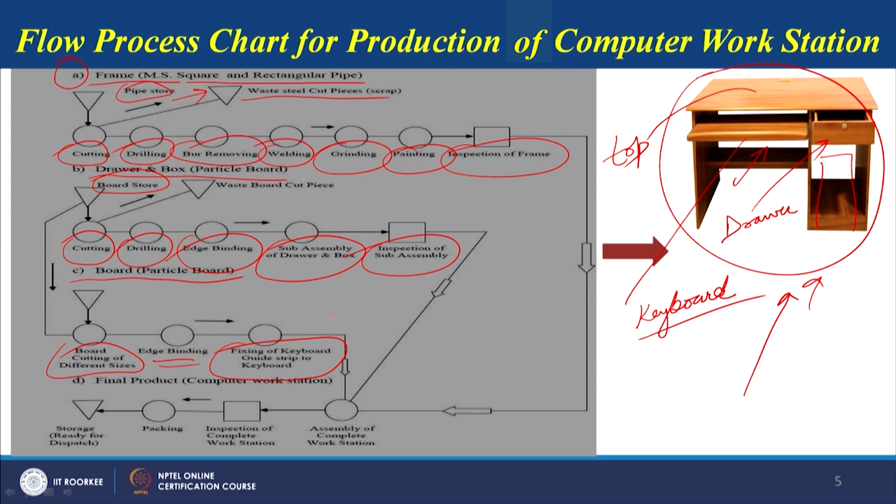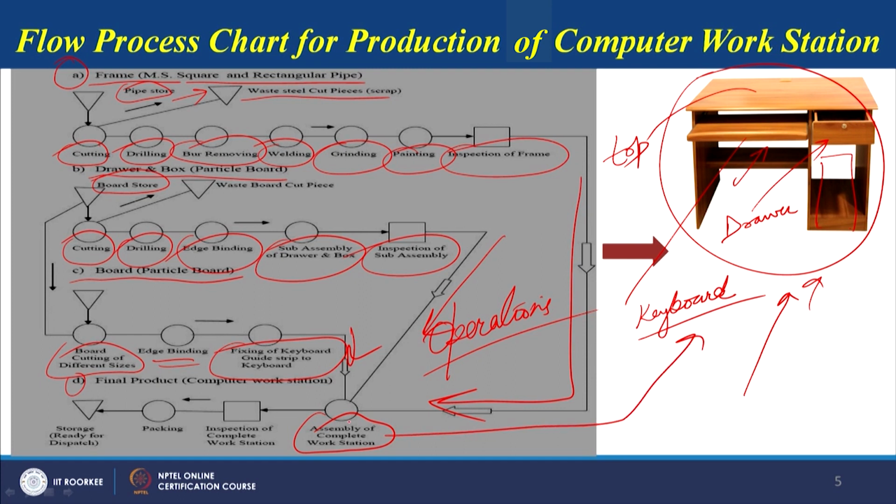All these are the operations being done on the computer work table, and then you can see the final product, how it is assembled. The drawer and box is coming from here, the frame is coming from here, and our board is coming from here. Assembly of the complete workstation is done at this stage, then inspection of the complete workstation, packing, and it is ready for